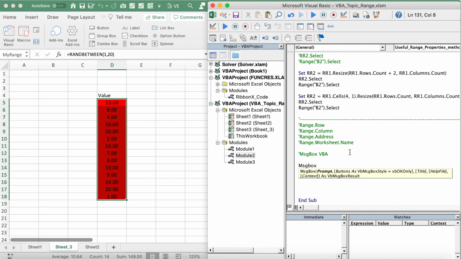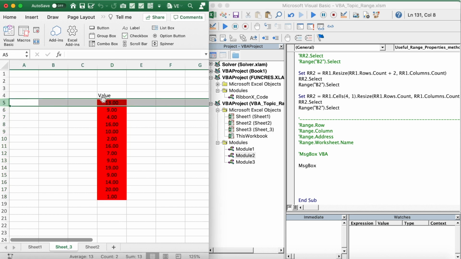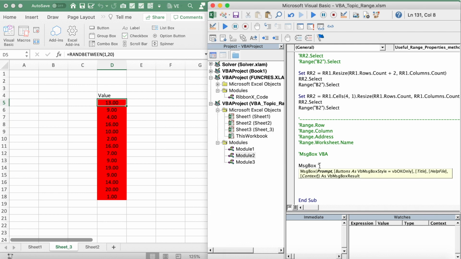Message box. So the text string argument that we enter in the message box shall be either a combination of multiple text strings or the concatenation of text strings and variables. So with regard to our first use case where we want to find the row number of the first cell of the range RR1, let us enter the text string as: the row number of the first cell of range RR1 is,